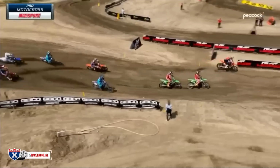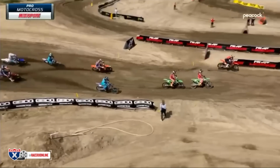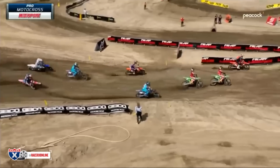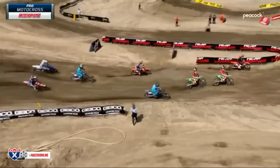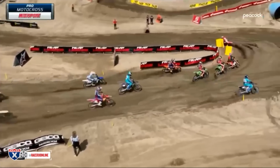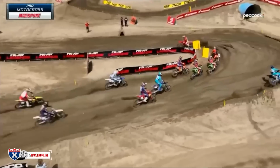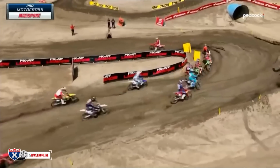So coming into this corner, you're going to see Reynolds and DiFrancesco are already on the brakes, and they're following Tom Vialle to this inside line. Haiden Deegan right here gasses it up a little bit more to go to the outside, and now Voland starts getting on the brakes to go to the inside. So he's left his braking really late for this inside. You see he's locking the rear tire all the way up to the inside, but he clearly sees he's about to make contact with DiFrancesco, so he starts to lay it down into him,